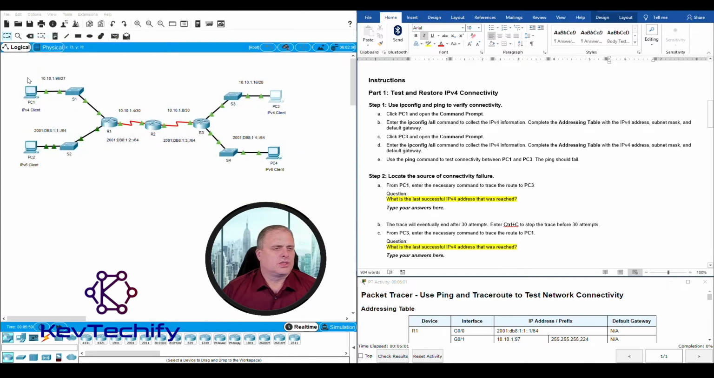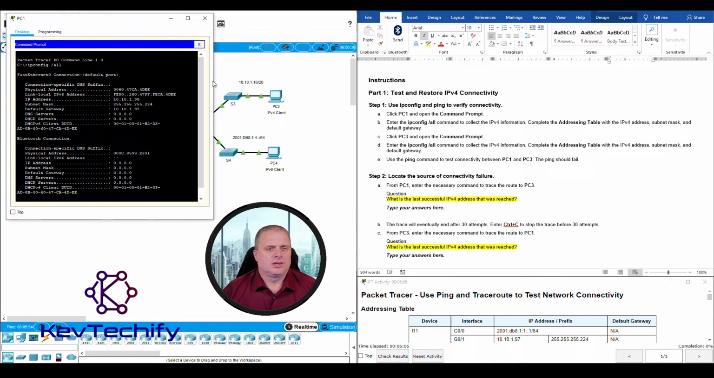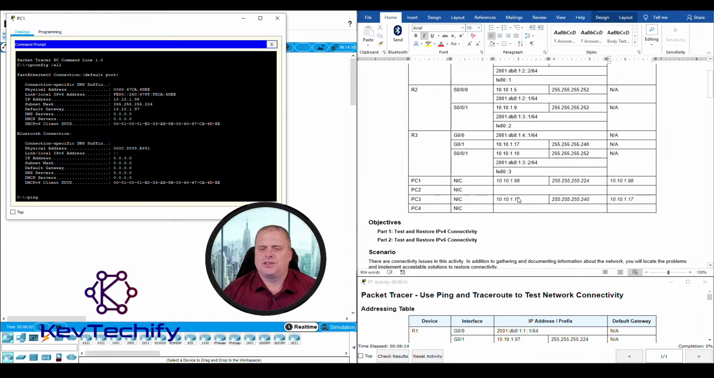I'm going to go ahead and close this. I'm going to go back to PC1 here, get into my command prompt, make the window a little bit bigger every time, and I'm going to ping, P-I-N-G space, and then I'm going to get the IP address for PC3, which is right here in our table, 10.10.1.18,